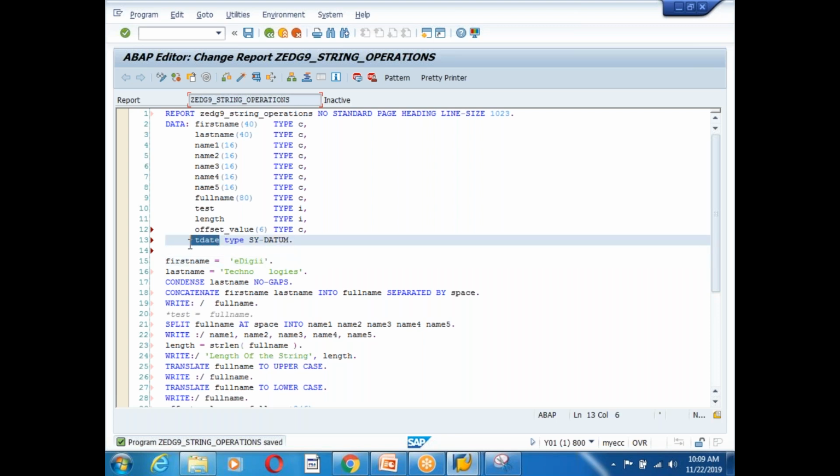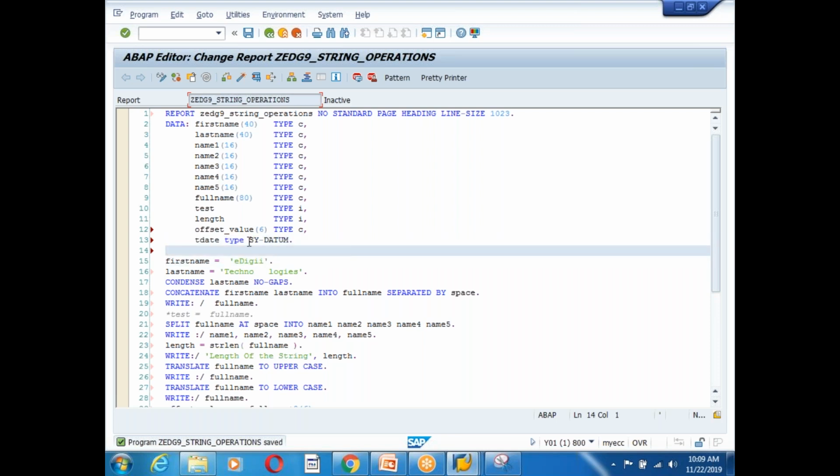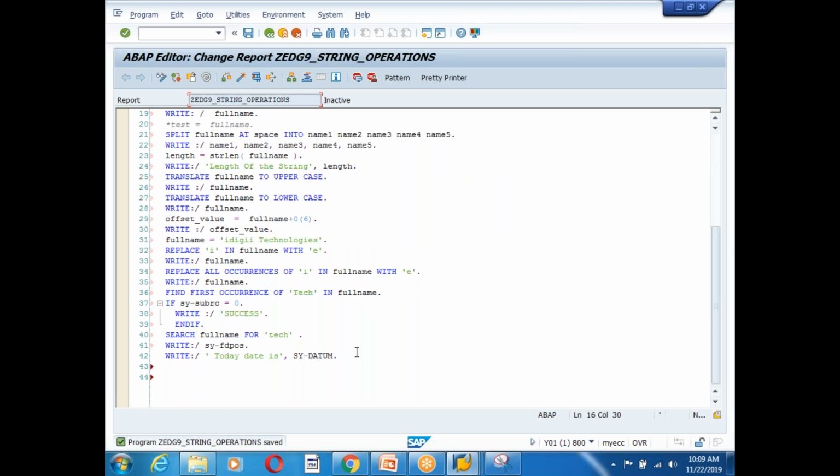I'm going to create one data object with reference to sy-datum. I will pass the value to TDATE, which is equal to sy-datum. So what I would like to do is print the